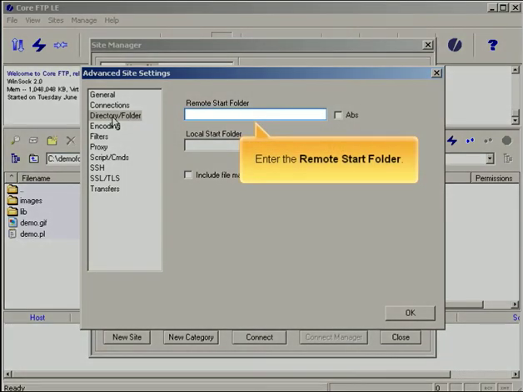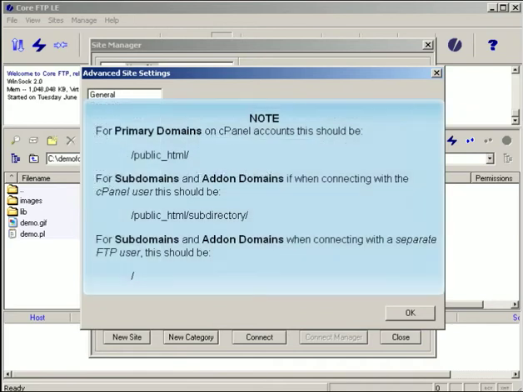Enter the Remote Start folder. For primary domains on cPanel accounts, this should be for subdomains and add-on domains. If when connecting with the cPanel user, this should be for subdomains and add-on domains when connecting with a separate FTP user, this should be